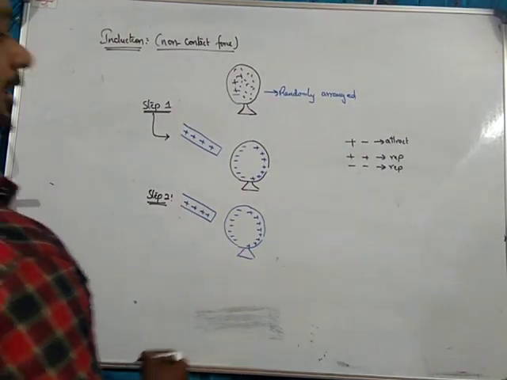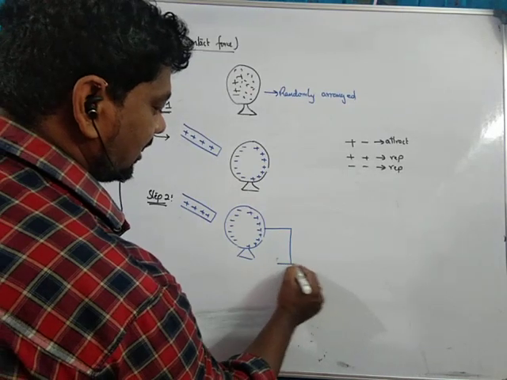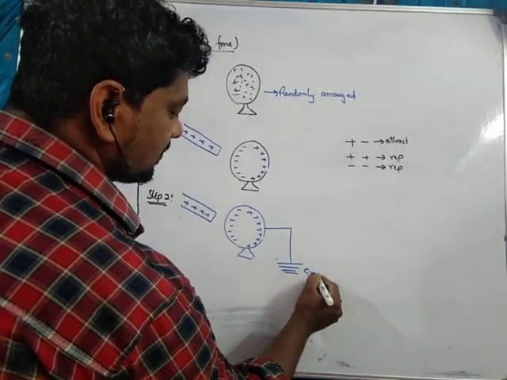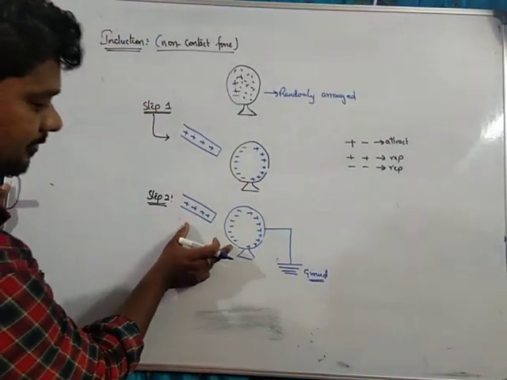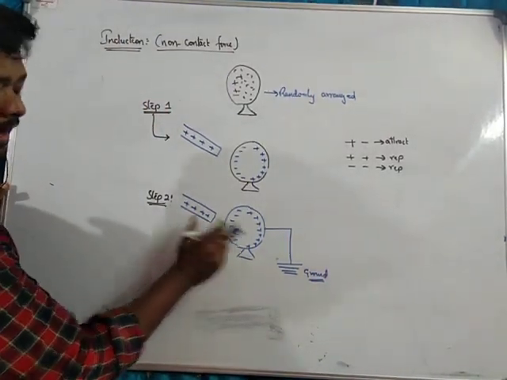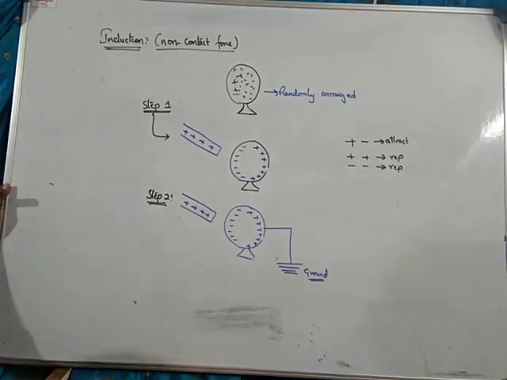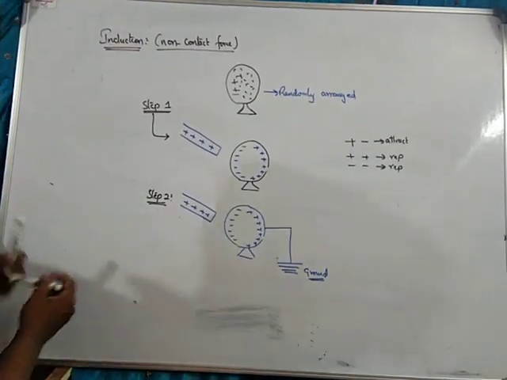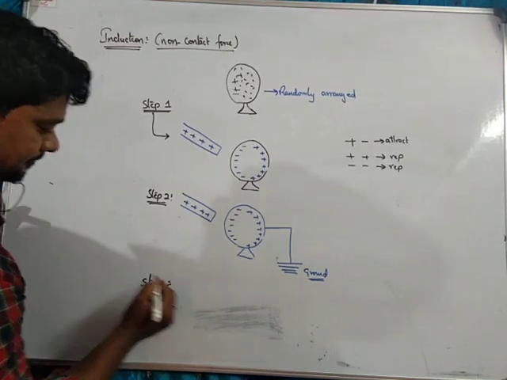But the other end of the metal we connect to a ground terminal. Here we have an attraction, here we have a repulsion. It means we have some excess amount of electrons. These excess charges, whenever we place a grounding wire,